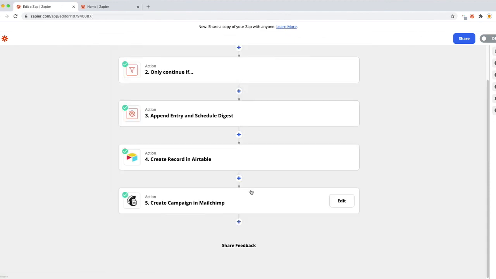So now we're on to the last step of creating a campaign in MailChimp. Before we head on to here, let's go over to Airtable and check